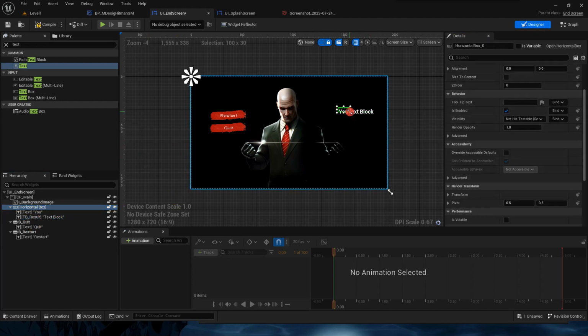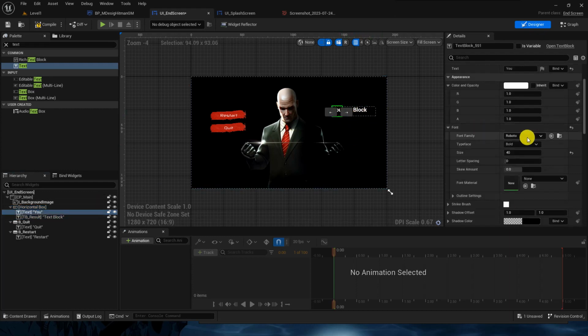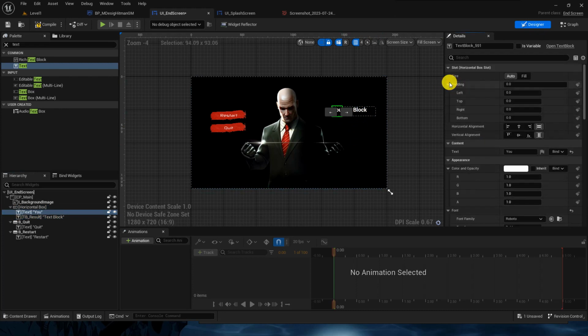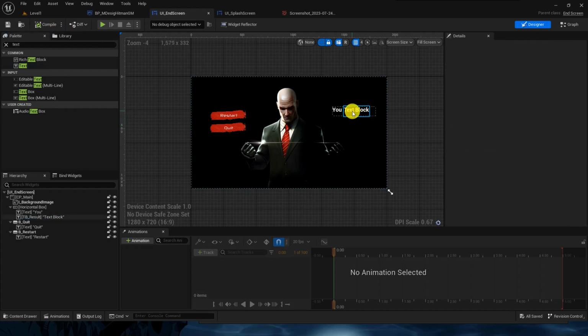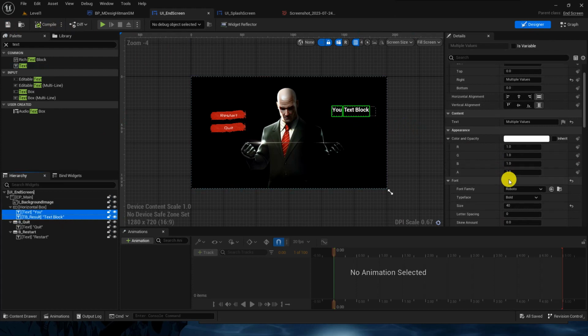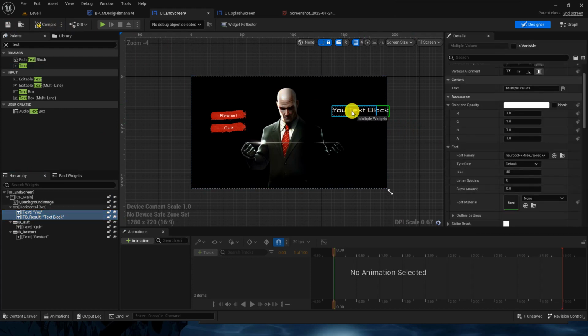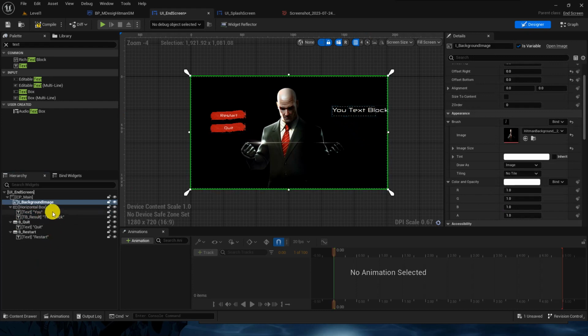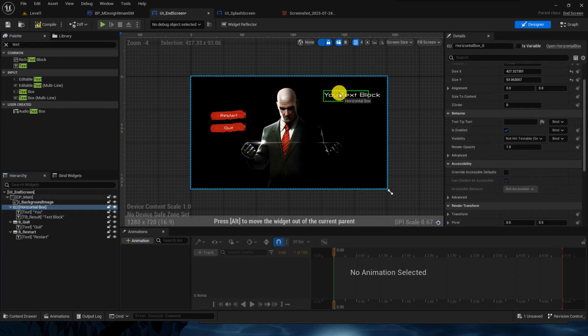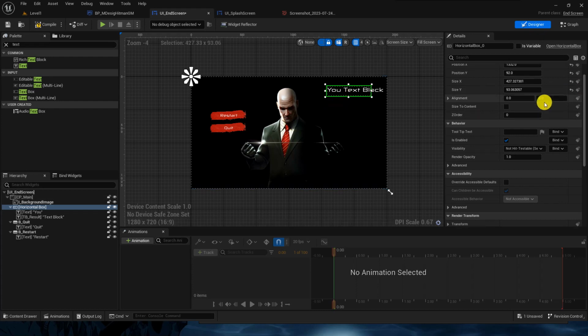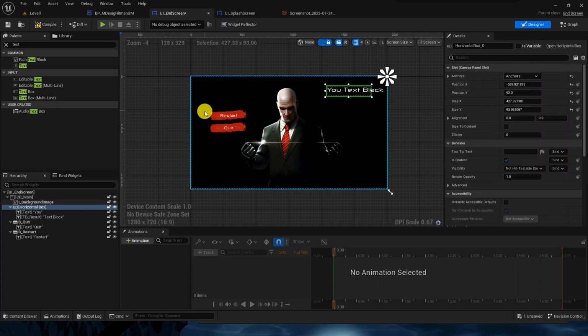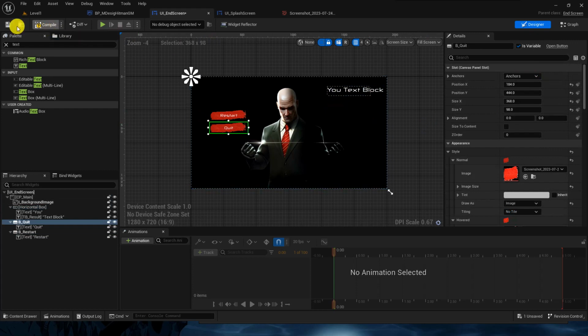Let me increase the size of that horizontal box just to have some breathing space. After that U, I will put some padding, maybe to the right, 20, and this is the text which we will be setting. And for these two also I will put that font. Horizontal box, I will anchor it to the right corner. These two are with the left, and perfect.